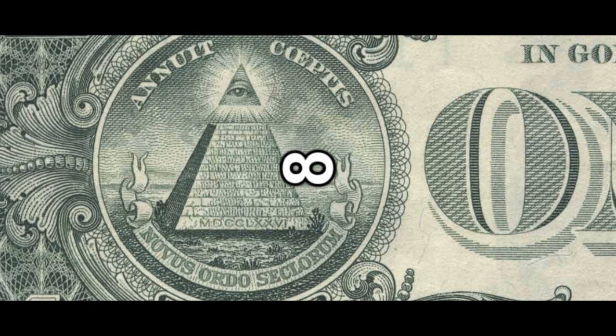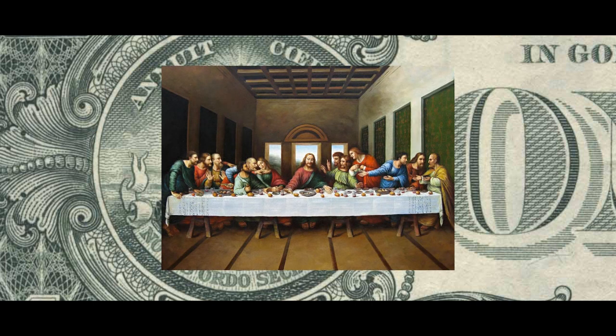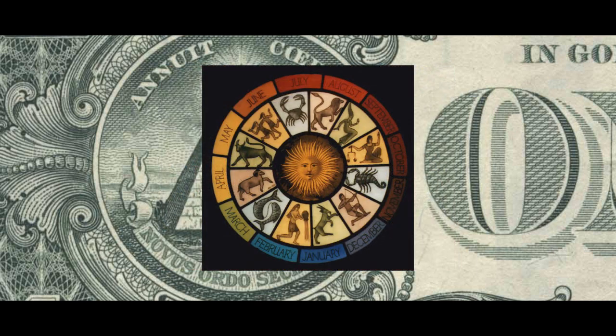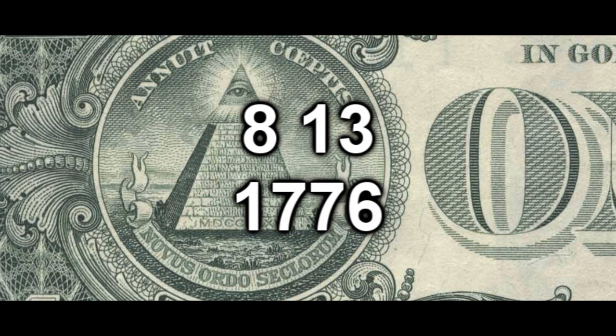and completeness. That's why we use it as the infinity symbol when we turn it around or rotate it. And the number 13 represents perfect government or perfect union. The reason is because Jesus and his 12 creates 13. Now the heavenly bodies, the sun, S-U-N, and its 12 signs of the zodiac is perfect union, creates perfect heavenly government. So if we take 8 and 13 and we look at 1776 again, we realise that if we take